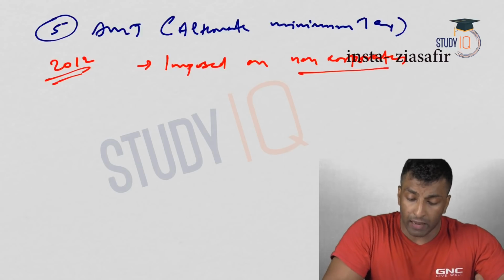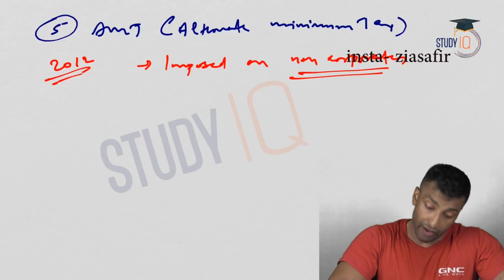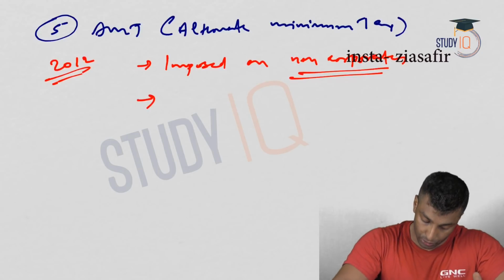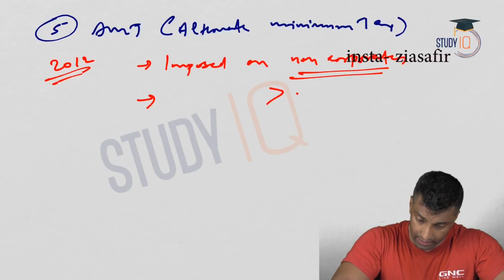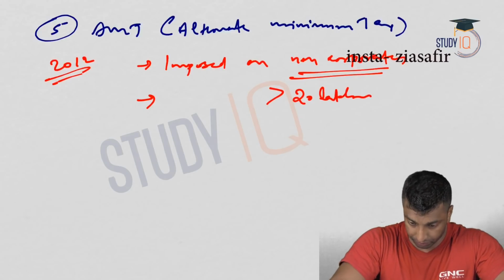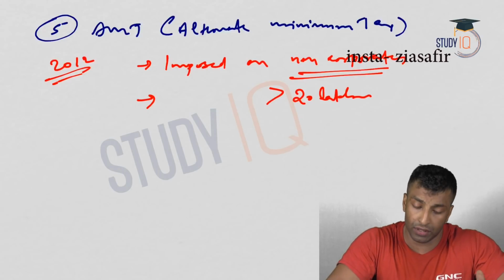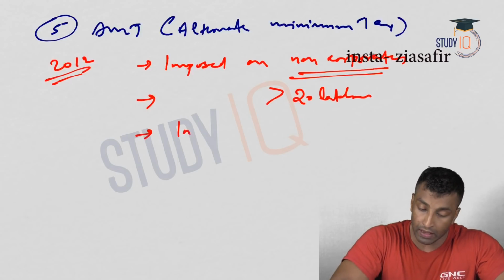See, what do you mean by non-corporates? I'm not talking about limited liability companies, not a limited company. I'm talking about partnership, proprietorship, etc. having a turnover or a profit over 20 lakhs. Okay, so non-corporates having a profit greater than 20 lakhs. So they are earning too much, and their tax burden they can reduce by different means. So what the government will do, this AMT is imposed at the rate of